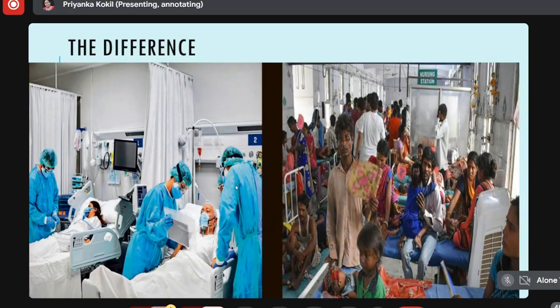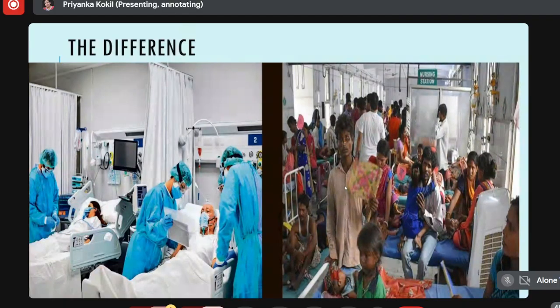everything is readily available, right? Whereas in the second one, you have the scenario where no single bed is available and there are more patients, so they are unable to fit one patient on one bed, so multiple people will be using the same bed at the same time. So this is not a very uncommon scenario in poor areas or towards rural areas. This is quite general. So basically,